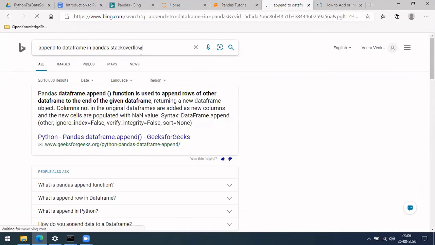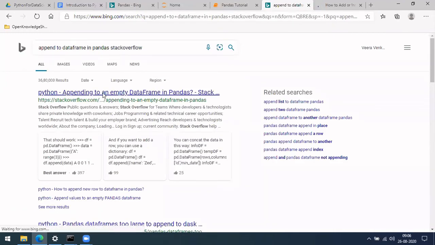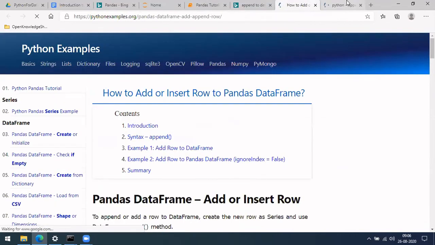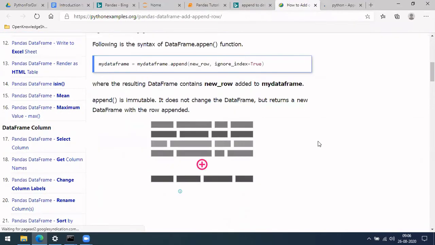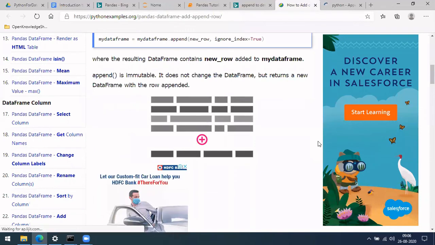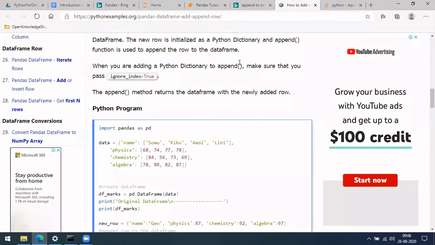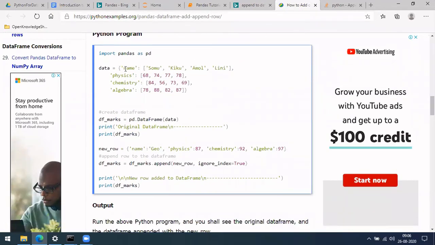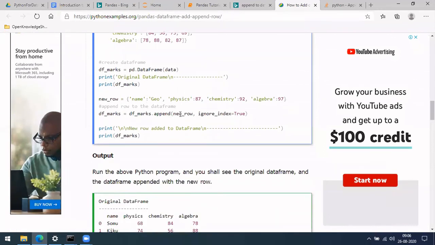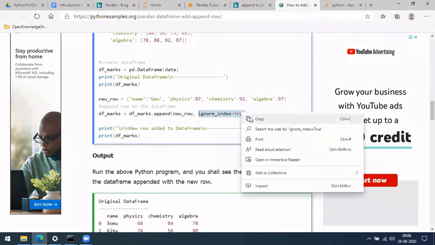You should be doing it like this as well. This only. So ignore_index is True. I did not try it, so let me try that as well. If you see this code, the data has been given in a different format. It is trying to make a new row and then ignore_index equal to True. This is one thing which changes. Let us also use this.